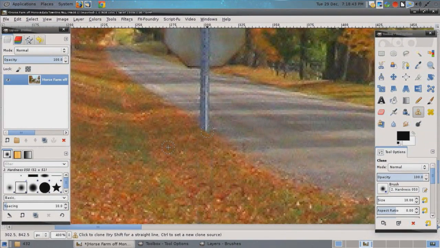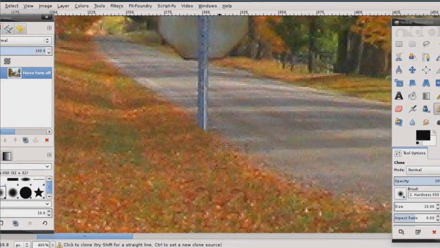So now I've got the pole ends at the road. So now we need that seamless transition between where the road and the edge of the grass or this ground ends. So I'm going to select my clone stamp tool here so that I'm right on the edge of where the road meets the grass, and then I move up this way. So then I'm able to create that same kind of gradient.